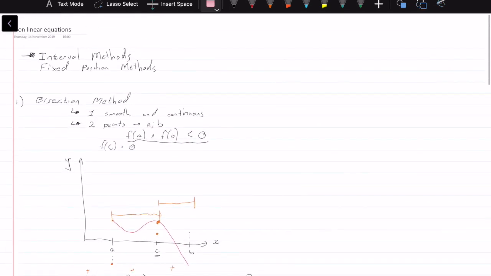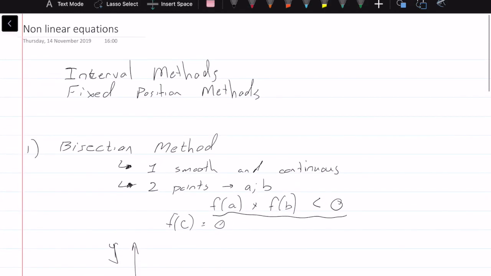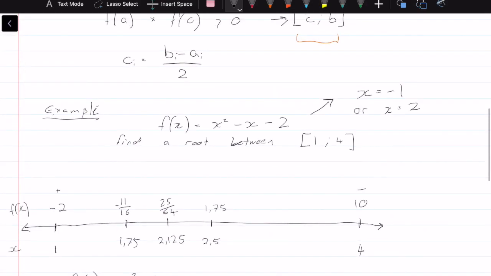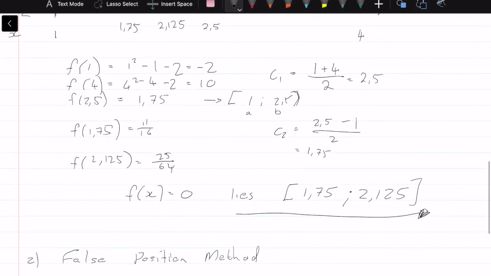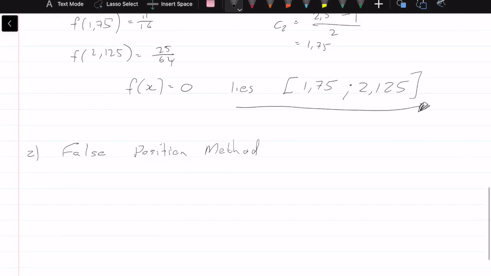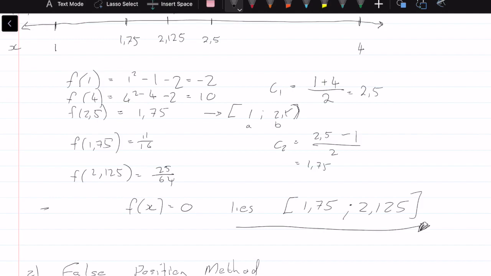We're going to continue with solutions to nonlinear equations, and we've got another interval method that we are going to go over. So in the last video, we went over the bisection method. We did an example of f of x equals x squared minus x minus 2 and solved for the root. And we found that the root was somewhere between 1.75 and 2.125. Now we will use the false position method for 3 iterations as well and see how close our answer is